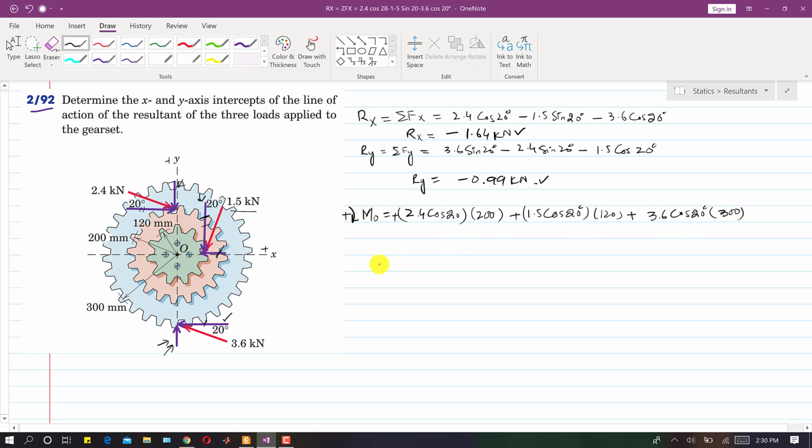So when we solve this, this will give us the moment in kilonewton mm, right? So this comes out to be 1635 kilonewton mm, right? Now what we will do is replace these three forces by a force couple system at point O, right? So let me replace these forces by a force couple system. I will remove all these.